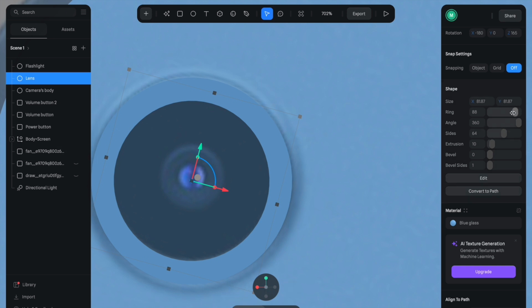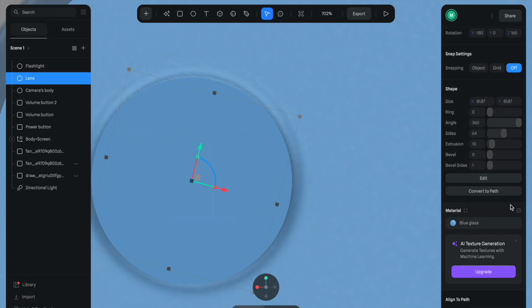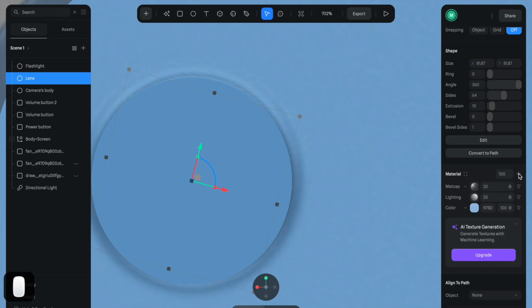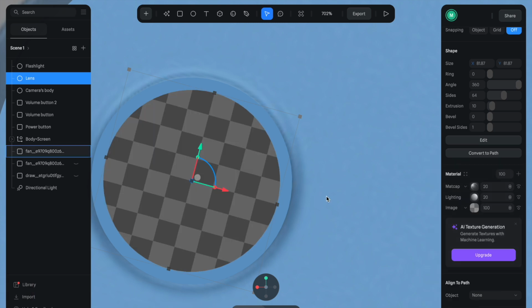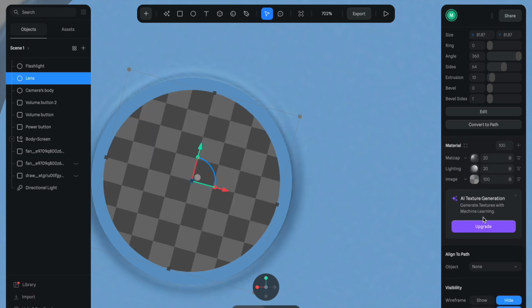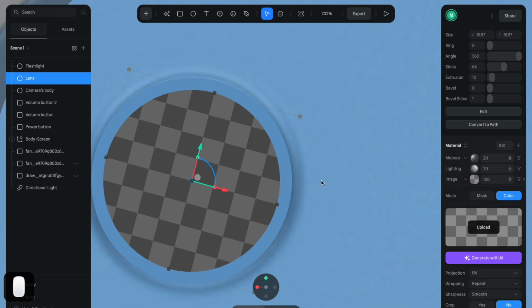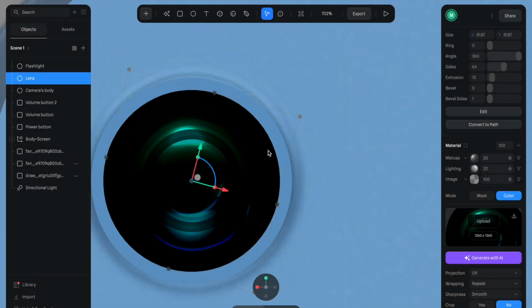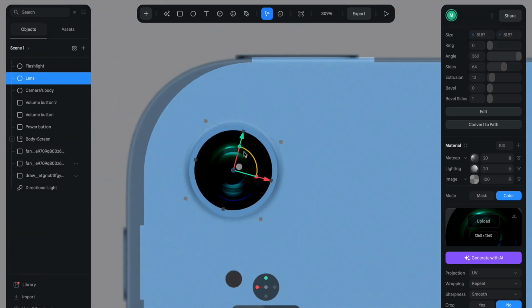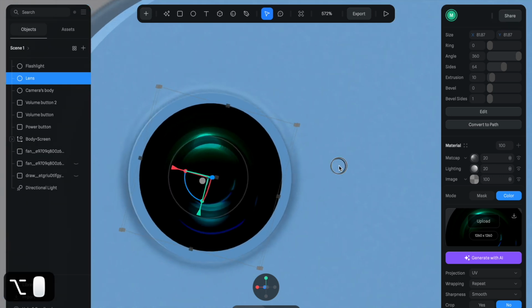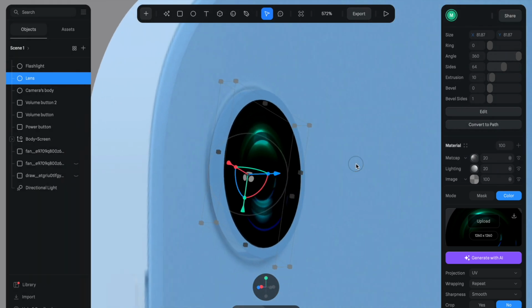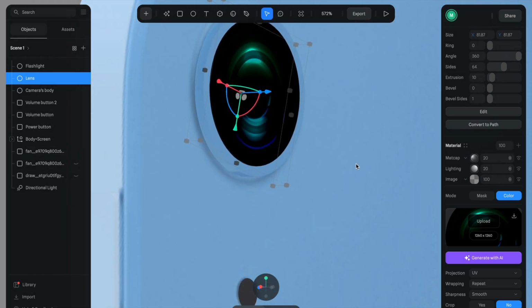And what do? The ring, we take the ring out. So now we do this, we unlink that, and we come here to give us, instead of colors, we change this to image. So now for the image, we would be importing a lens image, right? So yeah, to import this lens image, can you see we already have something here already? So we have this, and next we come down here,